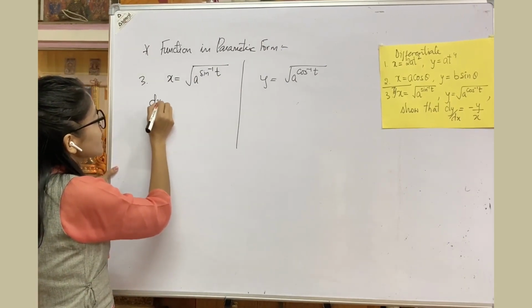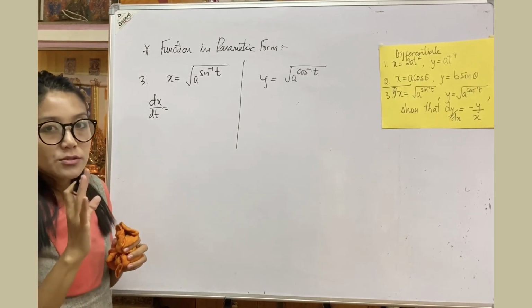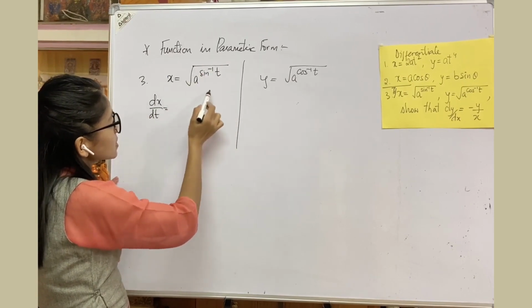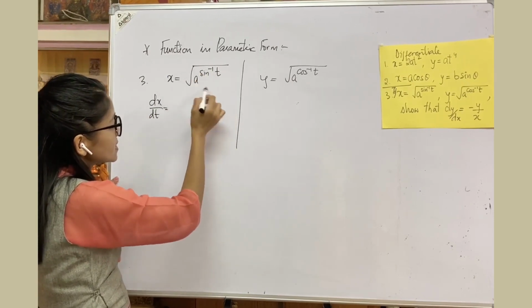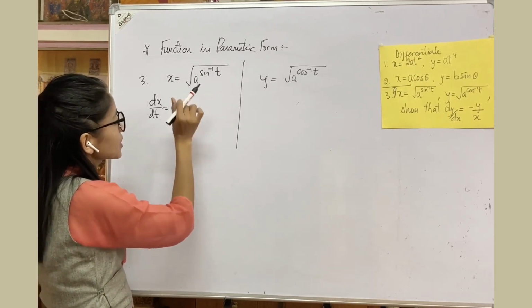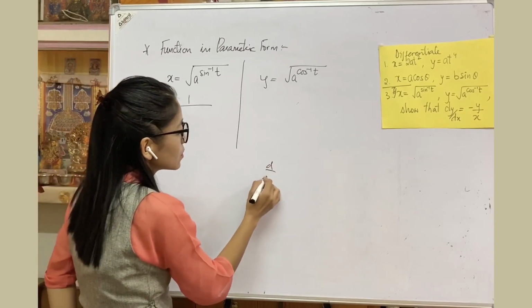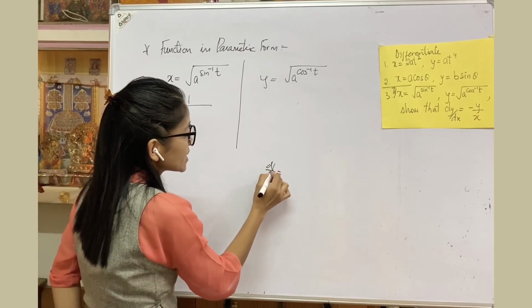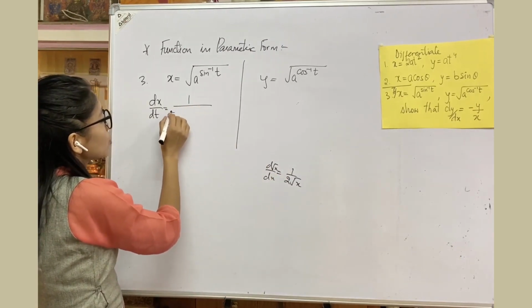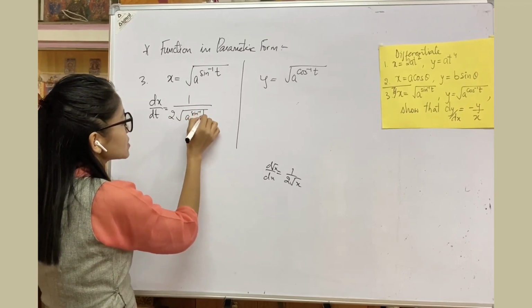So we are going to do dx by dt. Now we have to apply the chain rule here. First you look at this. It is a function of this square root. So that is 1 upon, what is the derivative of root x? 1 upon 2 root x, you know that. So that is 1 upon 2 root of a raised to sine inverse of t,